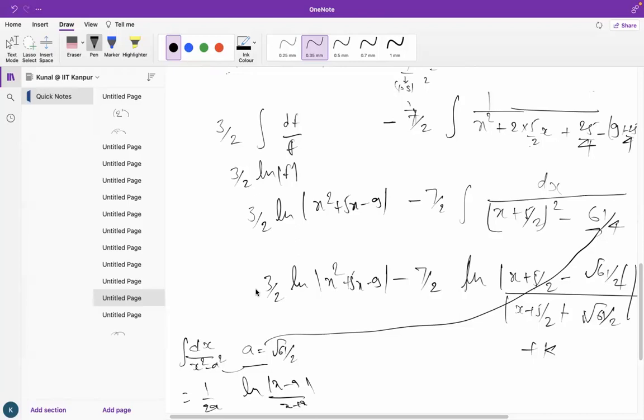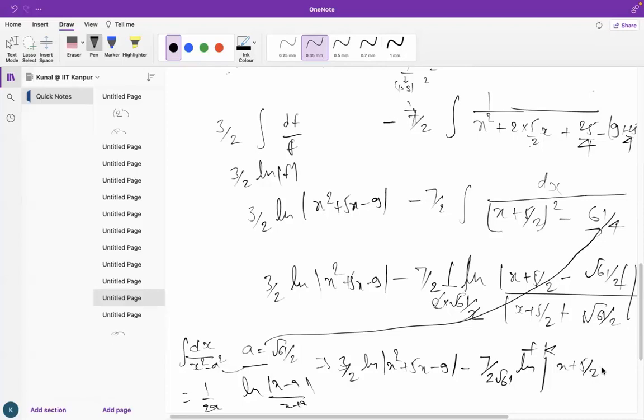And we missed something, which is 1 by 2a. So 1 by 2 into root 61 by 2. So it gets cancelled. Our new form will be 3 by 2 ln mod of x square plus 5x minus 9 minus 7 by 2 root 61 ln (x plus 5 by 2 minus root 61 by 2) divided by (x plus 5 by 2 plus root 61 by 2). Put mod here and put some constant here. Okay, so this is our final